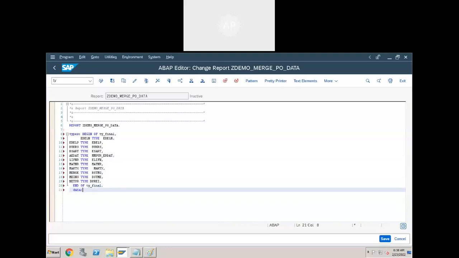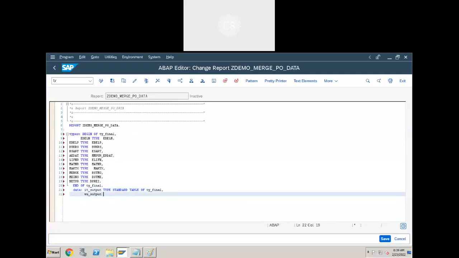Define one internal table. Tell me the syntax. Internal table, type standard table of the final structure. Output type of the final structure.